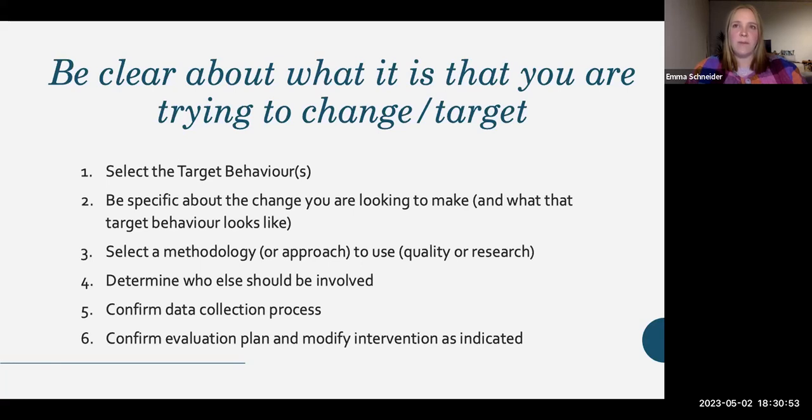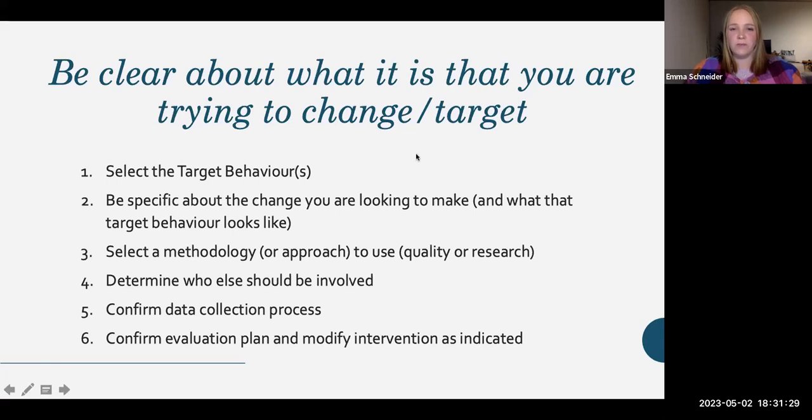So maybe you want to run an OT group, but you might need to actually talk to physios and speech pathologists, or depending on your setting, some other people or the nursing, to actually make sure that it's going to feasibly work. If you're in a mixed outpatient setting, then you might also want to make sure that it works with other groups or timetables or other clear barriers that you might already be aware of in terms of a person's therapy day. Confirm how you're going to collect your data and what you're going to do at each of the time points, and how you're going to evaluate it, when you're going to modify what you're doing across the time point as well.